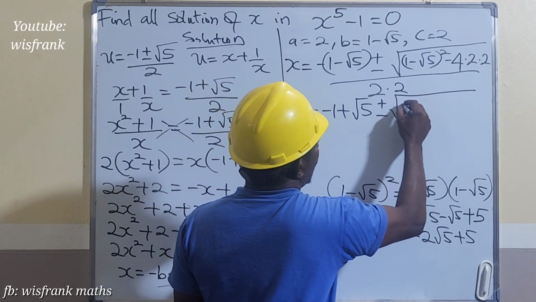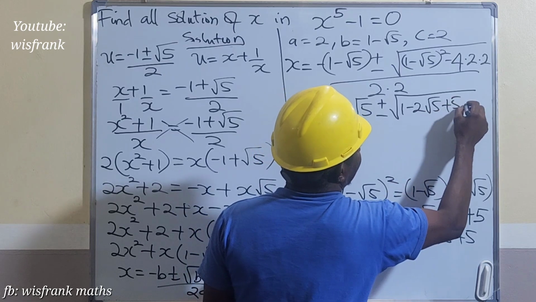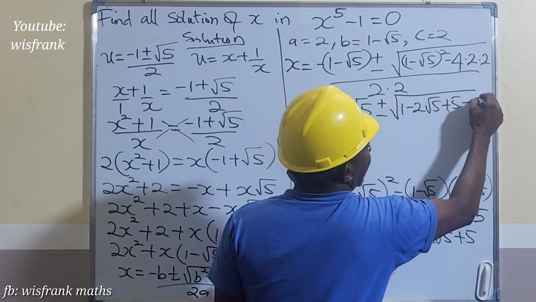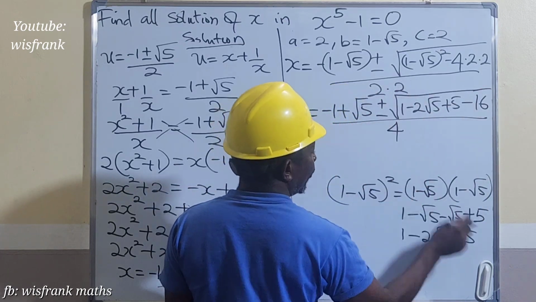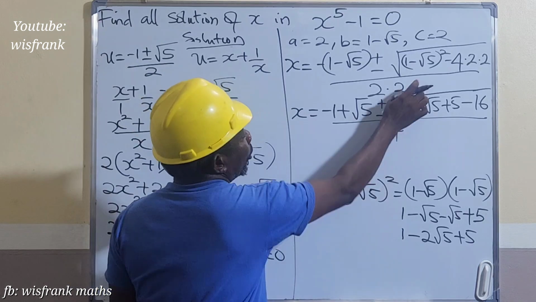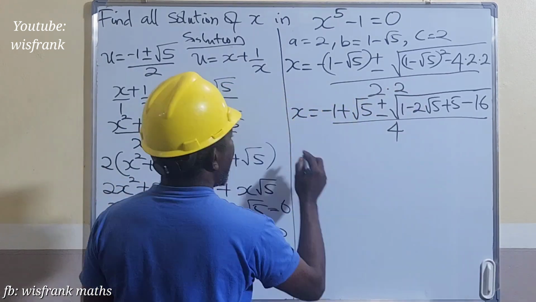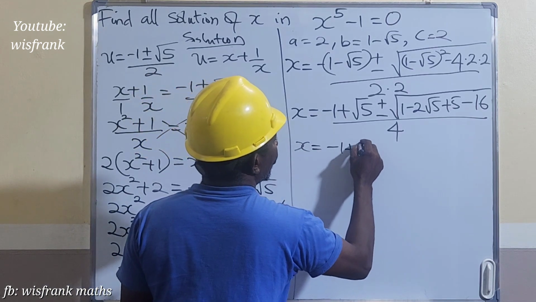So here will become 1 minus 2 root 5 plus 5 minus, here is 4 times 2 times 2 become 16, all over 2 times 2 we have 4. So that is what we have from now. So here we can further simplify this as x equals minus 1 plus root 5